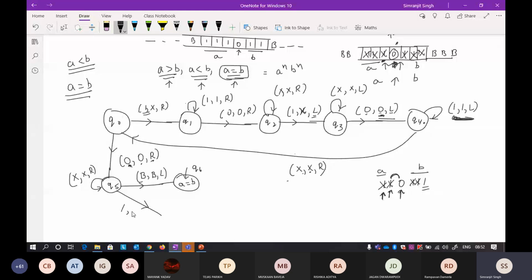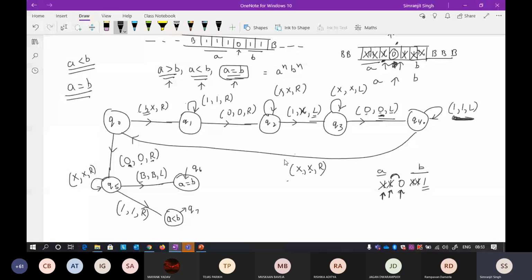Okay, so now what you can do, you can define the state so that when you find a 1, keep the 1 as it is, and you can move either left or right, that depends upon you. Okay, so that state will be your A less than B. Okay, so I can call this Q7. I think that's a little bit difficult, but if you take any example and perform this action that I've already told you, you will find all the actions add up.